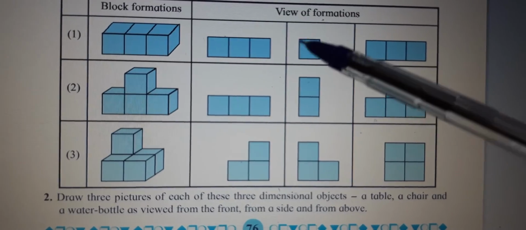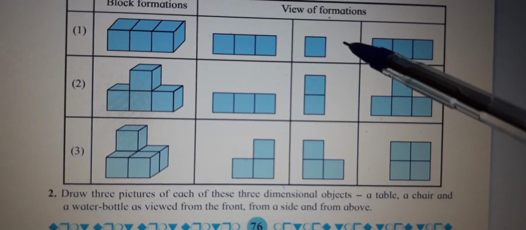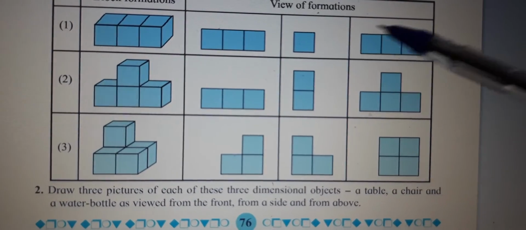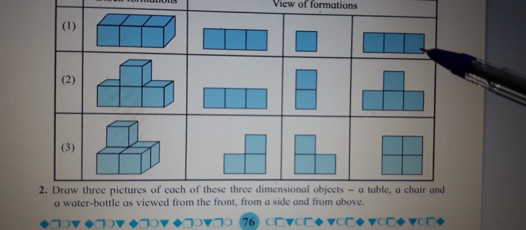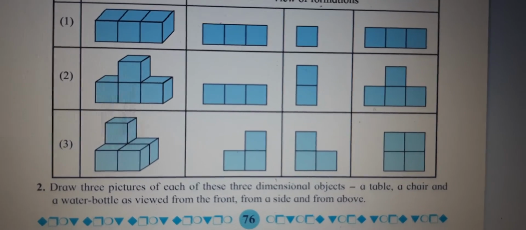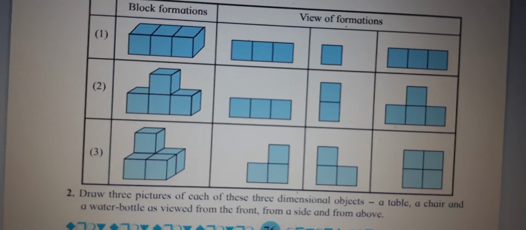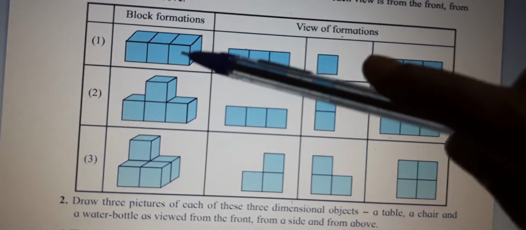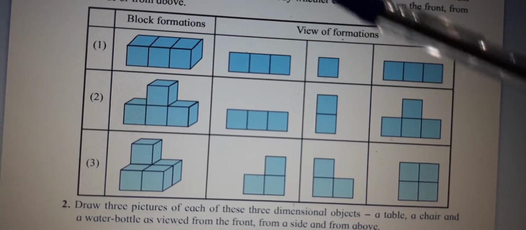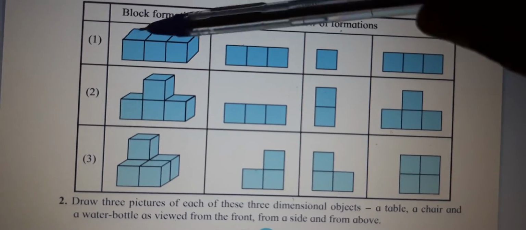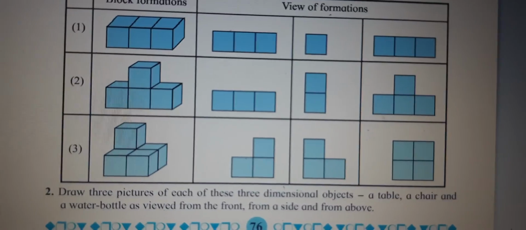Yes, this is from one of the sides you can see. That is from this side. Okay, and this from above. Okay children, so you can see from front and from above. So this from side means from front we can see. I can see this from front. So this is from front. This is from side and this is from above, because from above also you can see the 3 pictures.